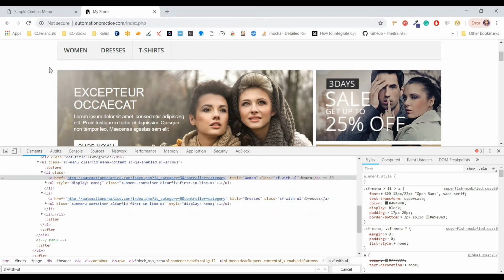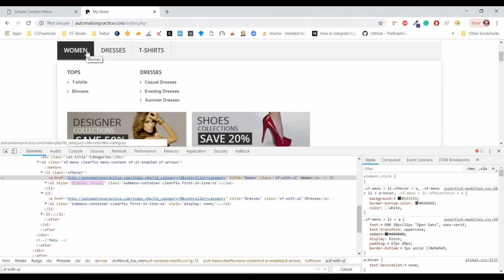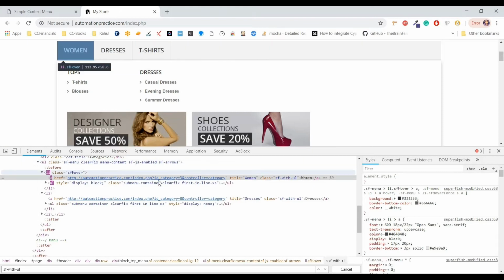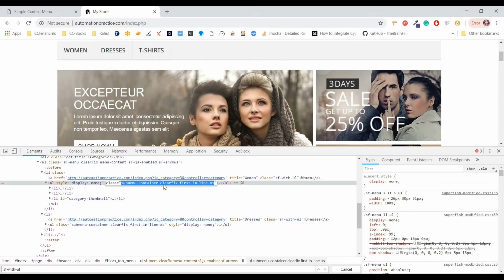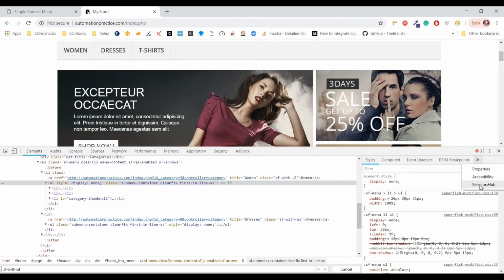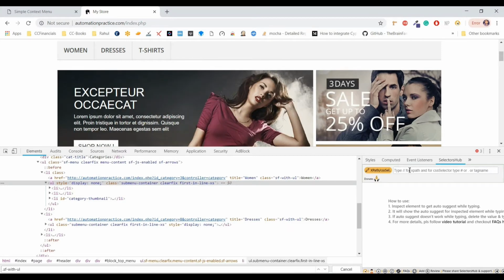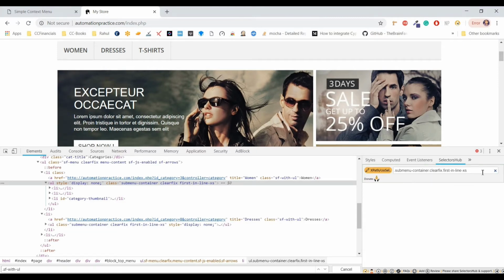Okay, so this is the class which is available, but it looks like this is available twice. Yeah, this is the class submenu-container clearfix, and this is available twice.